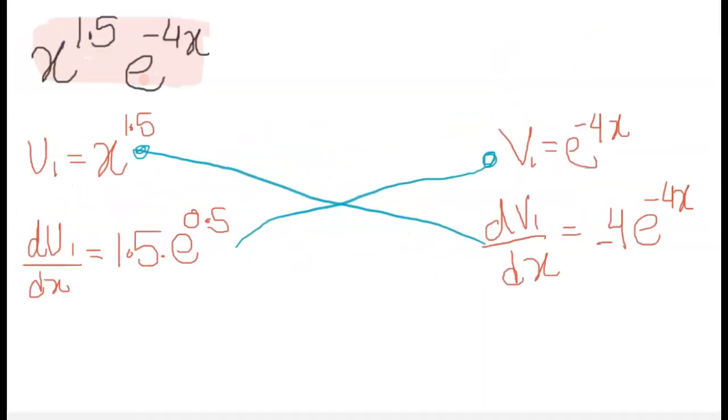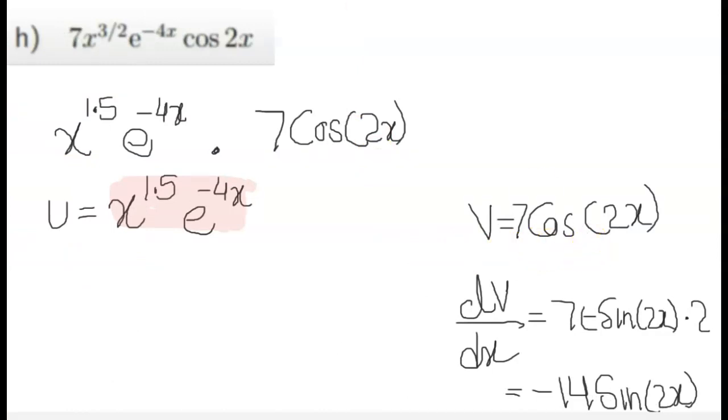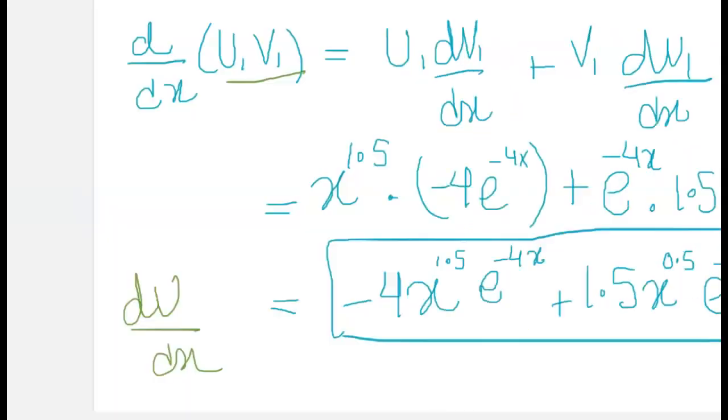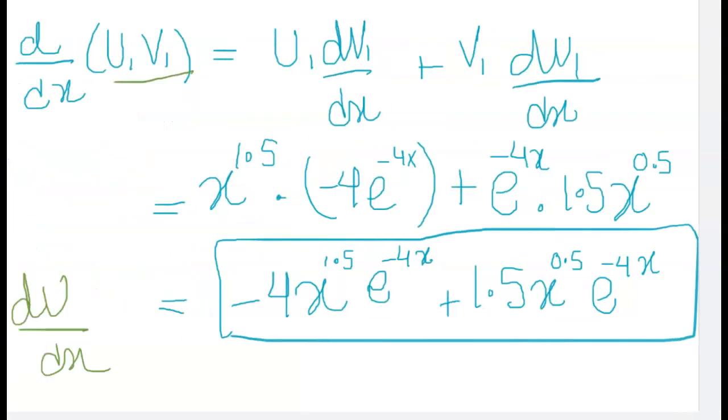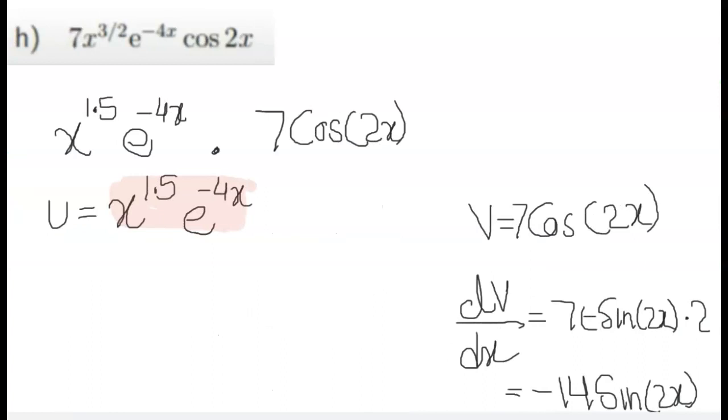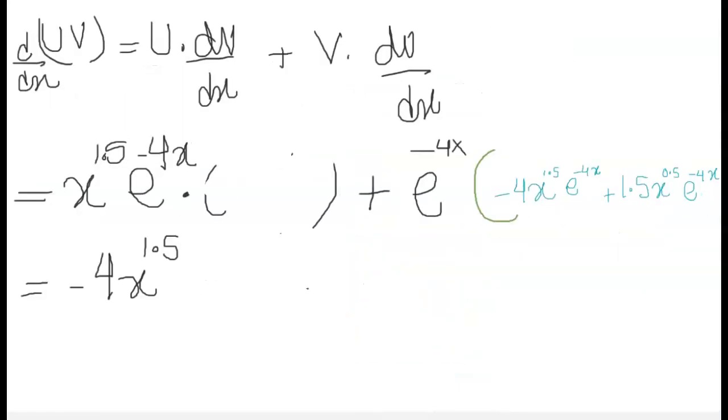Okay, so the original v was 7 cos 2x, and minus 14 sine 2x is the dv over dx. So I need to replace this thing, and it will affect that bit as well. Sorry, that's my fault. Well, the good thing is I'm not going to lose any more. Okay, minus 14 sine 2x. So that will become a minus 14 sine 2x, which will give me, if I simplify,